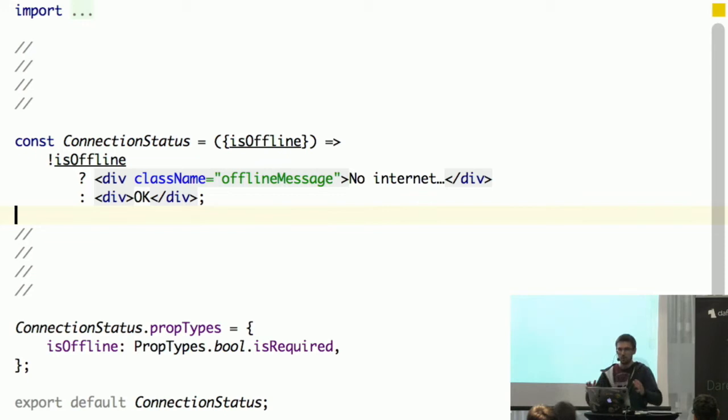So we have done our implementation, everything is okay. But we agreed in our team that we want to write tests. We want to have big coverage. We want to be on the safe side. So let's write some tests.